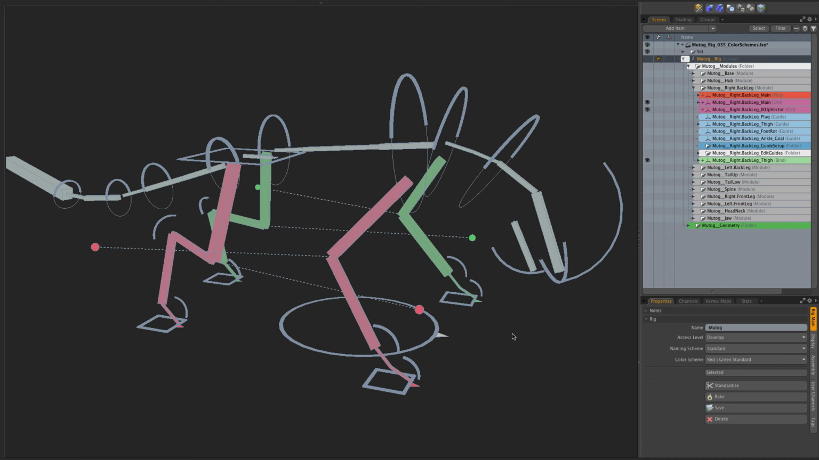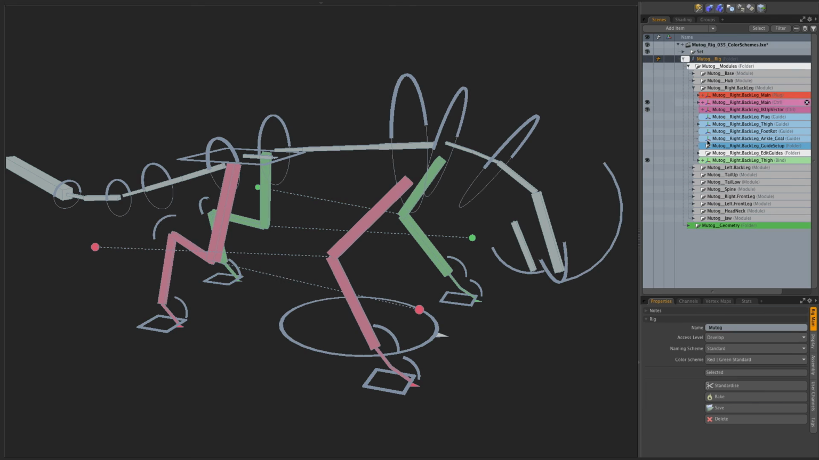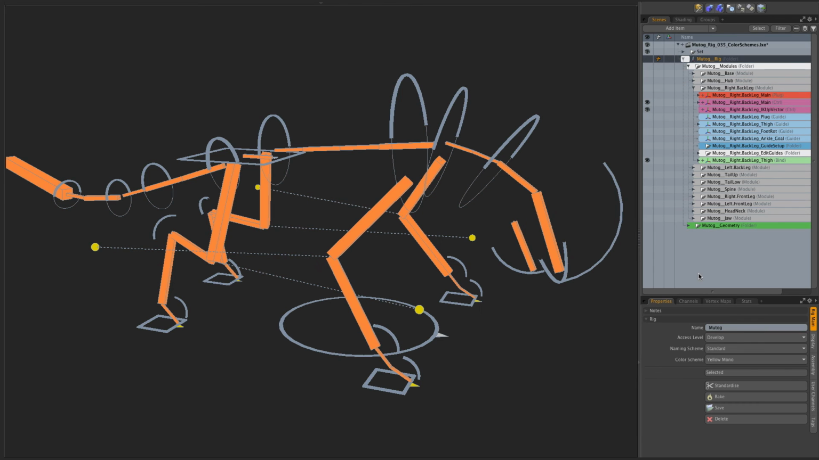Finally, if you'd rather have your left side colored green rather than blue, then you can change it as well. Then we've got the dark variation of this one. And for something completely different, this is more monochromatic, just a yellow color scheme. These color schemes, much like the naming schemes, you can define and implement using Python and register with the system, and then they will show up